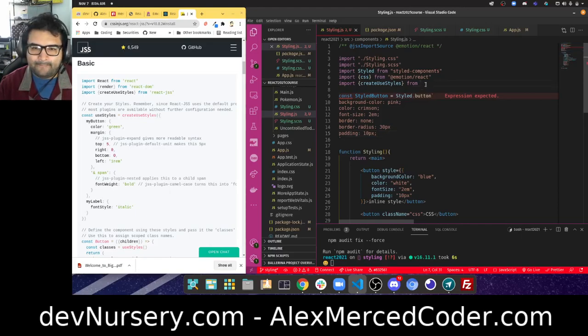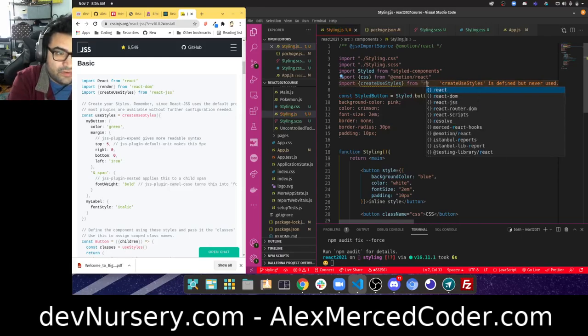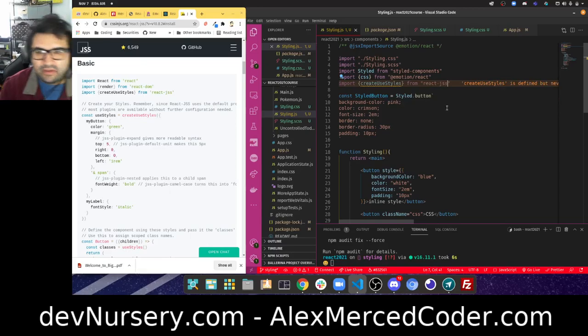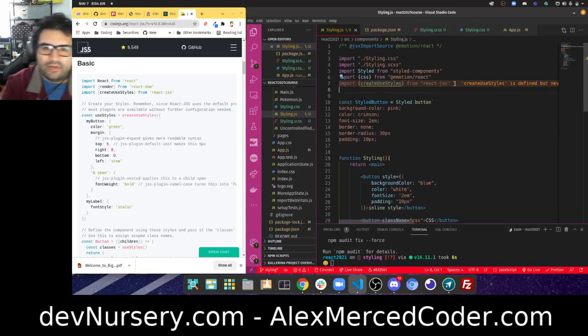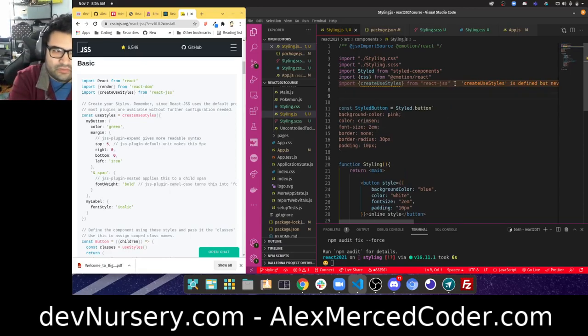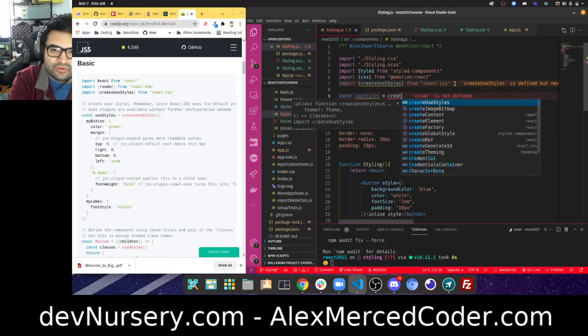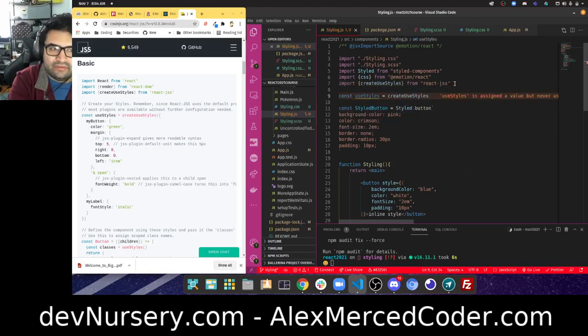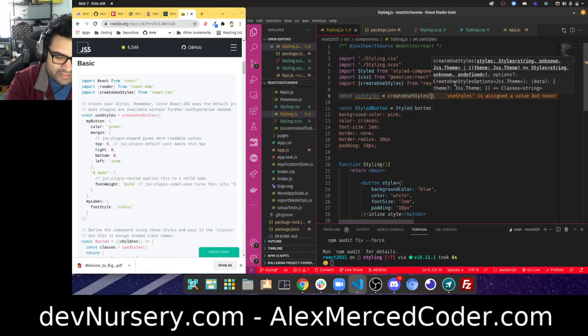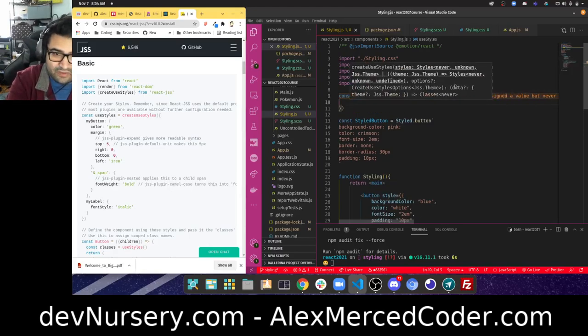Okay, so what I need to do is finish this import statement. So create styles from React JSS. Okay, and then what I'm going to do is just do this now before I turn the server back on. Define use styles equals create use styles, and then I'm going to pass it an object, and we're just going to have one style called button,